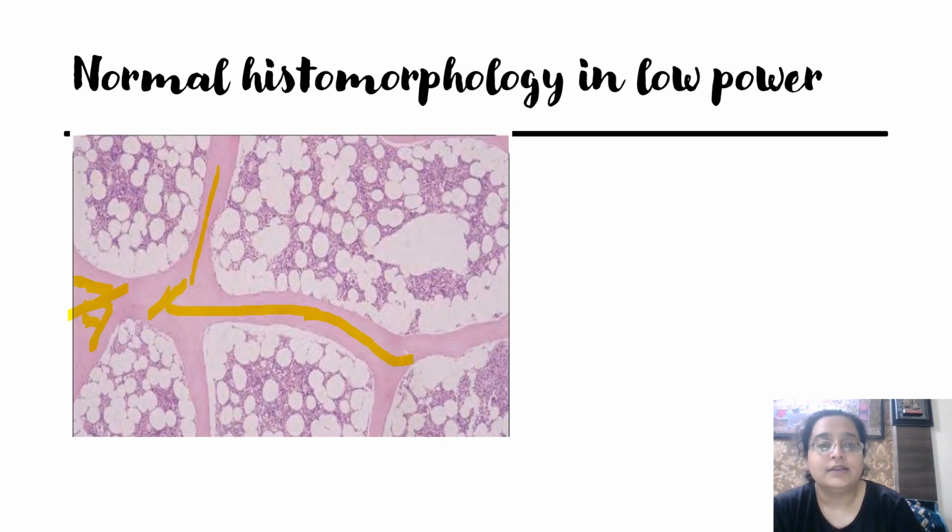Okay, these spaces that you see, these are fat spaces. They are normally present in the marrow as per the age of the patient. In one of my lectures, I've already told you 100 minus age is the tentative way of deciding कि इसकी cellularity इतनी होनी चाहिए, which is normal. And these things you see, these bluish pinkish things in the middle, these are hematopoietic and stromal cells. ठीक है? This fat is a part of the stromal component.